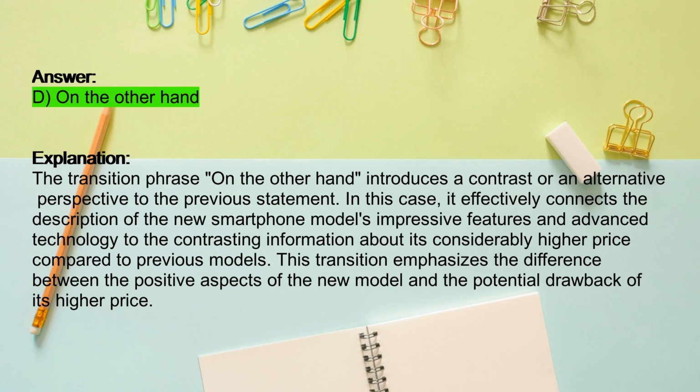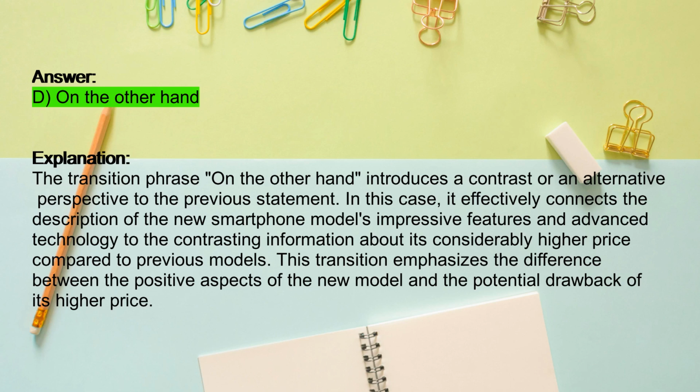The transition phrase, on the other hand, introduces a contrast or an alternative perspective to the previous statement. In this case, it effectively connects the description of the new smartphone model's impressive features and advanced technology to the contrasting information about its considerably higher price compared to previous models. This transition emphasizes the difference between the positive aspects of the new model and the potential drawback of its higher